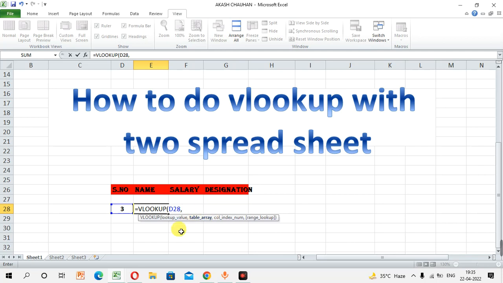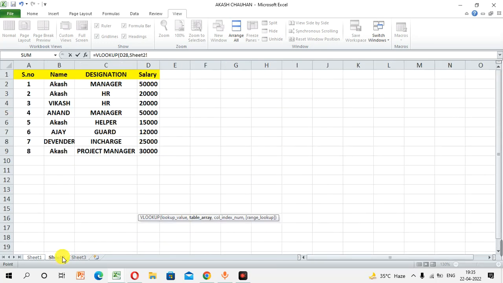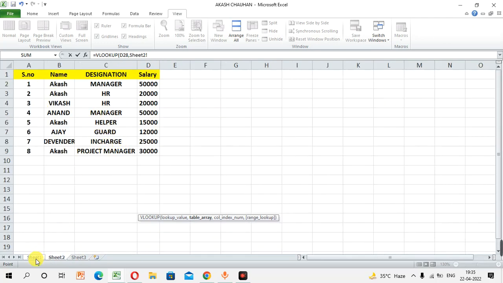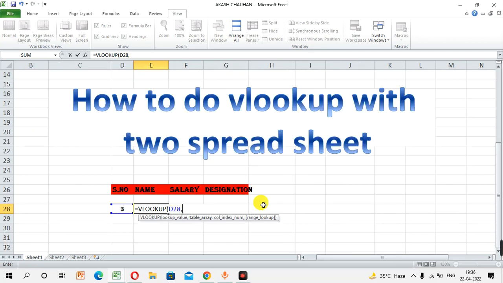Now, guys, you can see the formula. After the lookup value we need to add a table array. To select a table array, basically we need to select a table from the other sheet. You can directly select the table from here, but we have to use another sheet, and that can create a problem for you. It cannot retrieve the data, so another way to switch to the other window or sheet is to go to View and then select Switch Window, where you need to select the sheet from which you need to retrieve the table data.